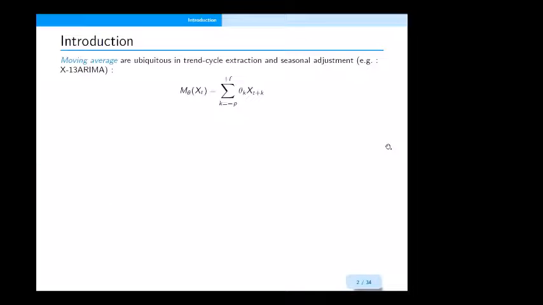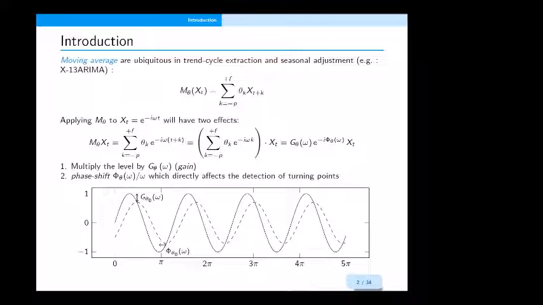So first, some reminders. I think you all know the seasonal adjustment method X13, which is based on the recursive application of different moving averages. A moving average is just a computation of a weighted mean of P past values and F future values. And the study of the properties of a moving average is often done with two functions, the gain